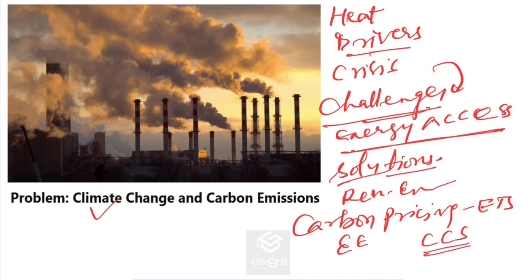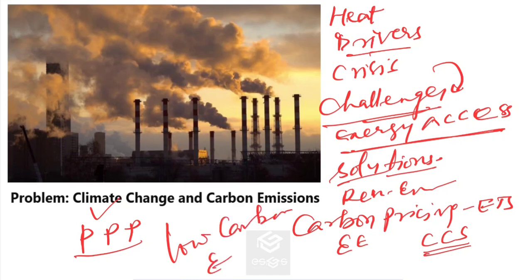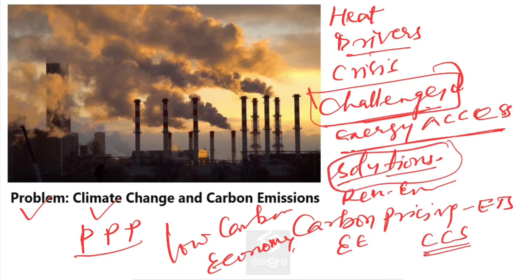Also, transitioning to electric vehicles, promoting public transportation, and encouraging sustainable agriculture practices can be essential in reducing emissions. Also, we can say public-private partnerships, PPP models, can help ensure a faster transition to a low carbon economy. Okay, so this is the second example of an ESG and sustainability related problem. We've seen the challenges associated with this and the solutions. Let's see another example now.